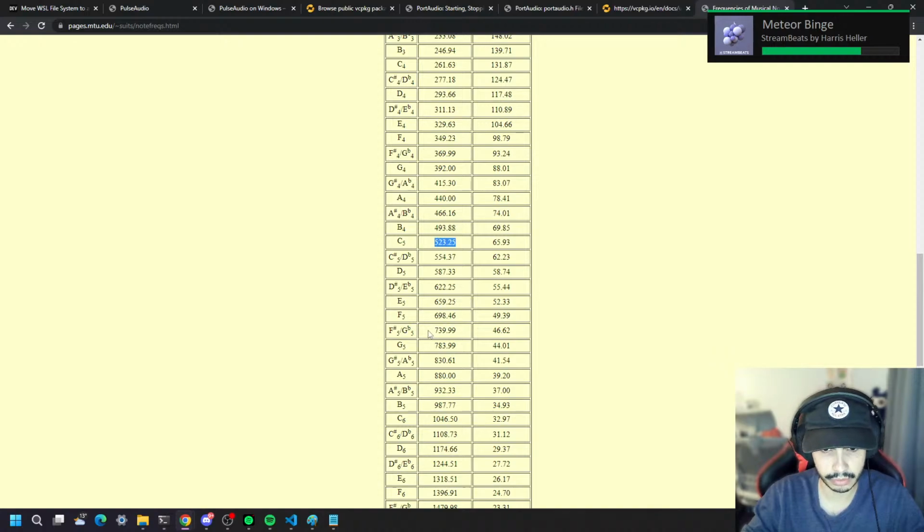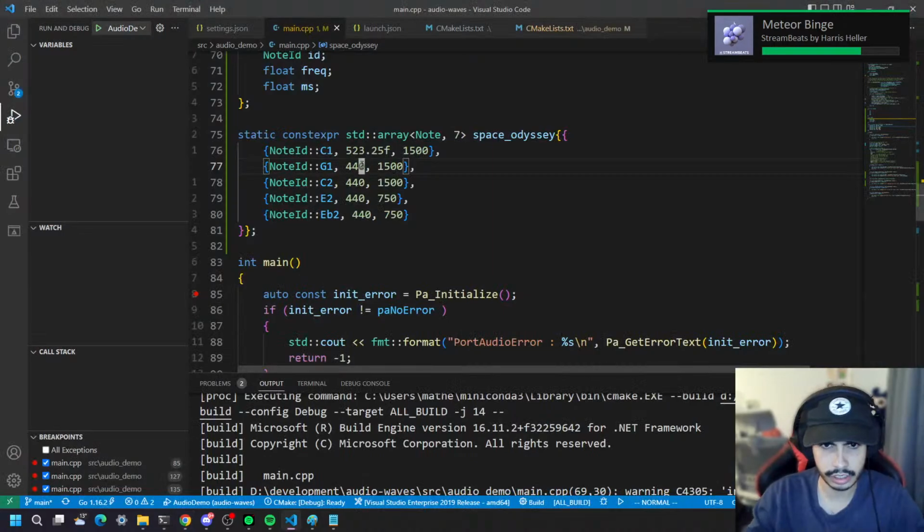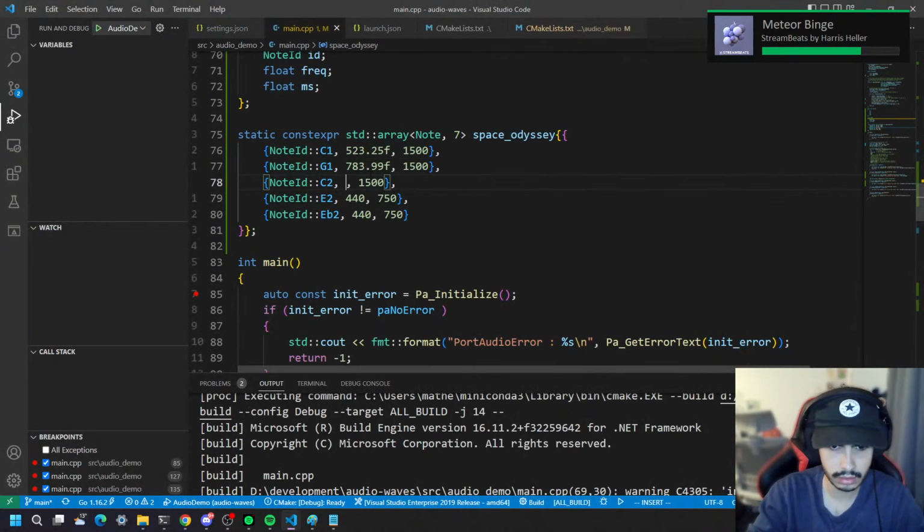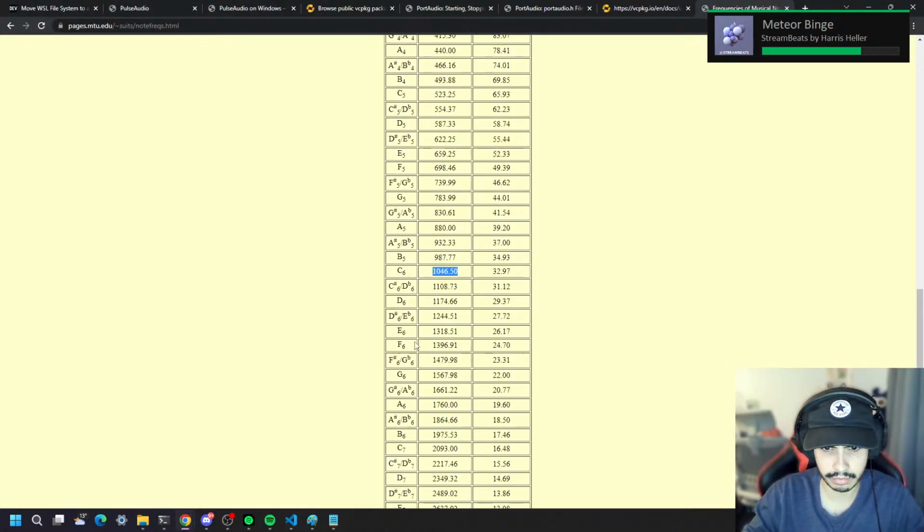Or just one above, actually. It wasn't the same octave. And we want a G there with this frequency. And then the next C up there. What was the C? 523. Well, now we have this one. This one, and then we have E and E flat. So E